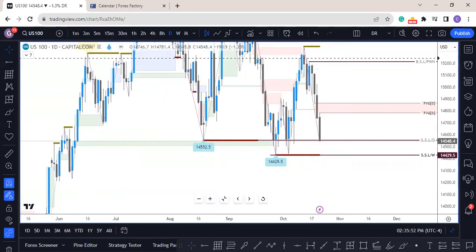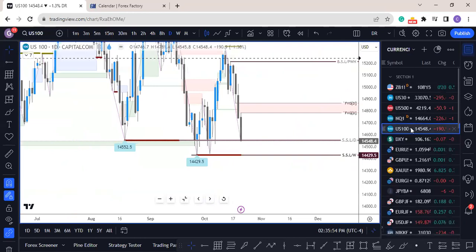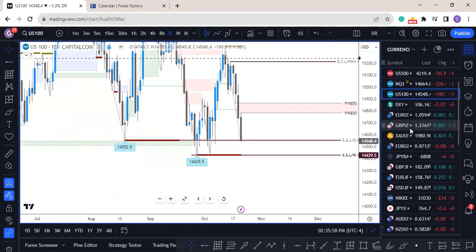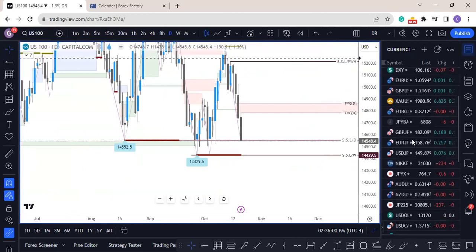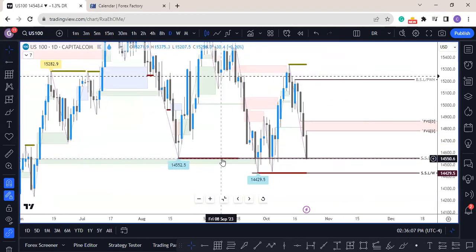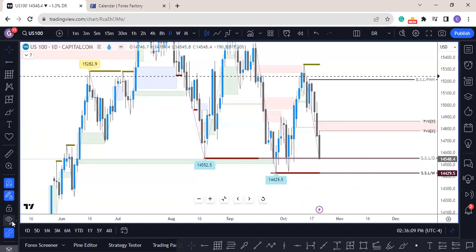We're going to start off as always with US 100, dollar index, Euro USD, pound dollar, gold, pound yen, and euro yen. So let's start off with the US 100. This is the MT4 variant of NASDAQ 100, for those not aware. So looking at this, basically we can see that